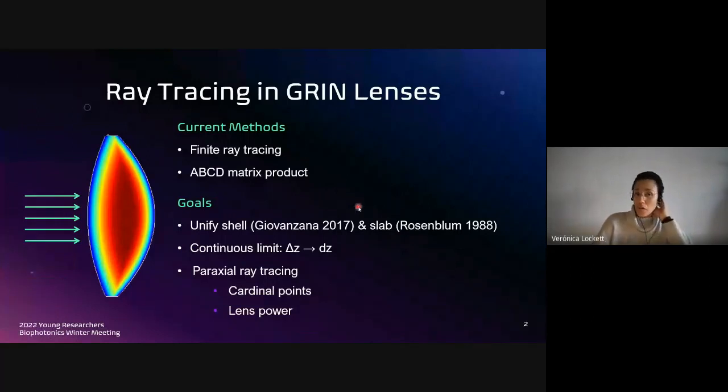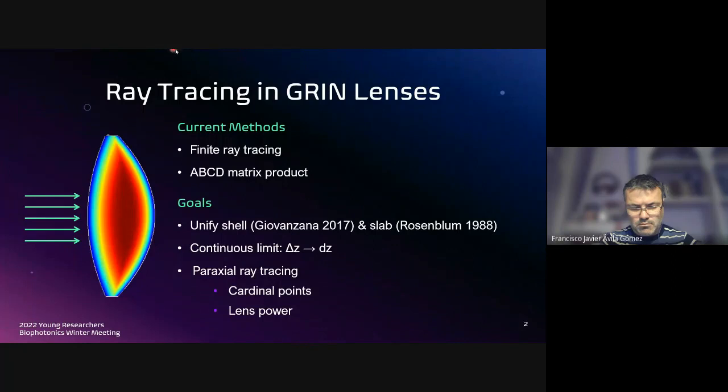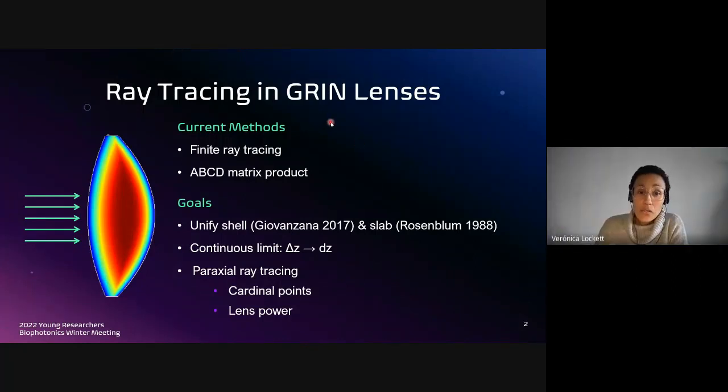Okay, so we're going to ray tracing in GRIN lenses. Right now there are two methods, finite ray tracing and ABC matrix product. Our goal is to unify two of the main models that are used, which is the shell and the slab. In the shell model, you have a GRIN lens that is made up of many shells or layers like